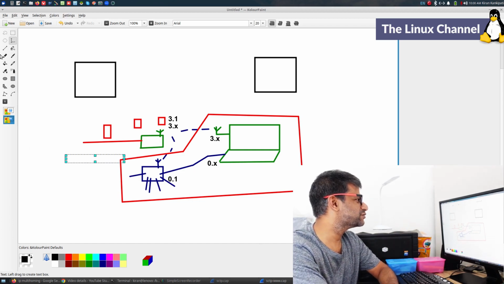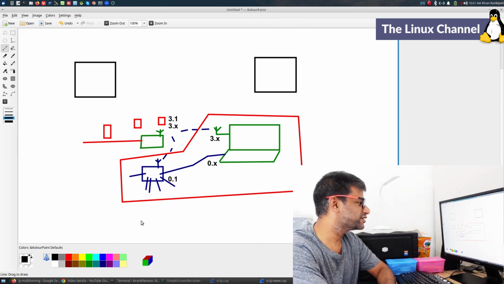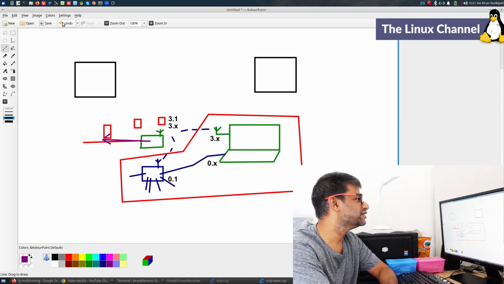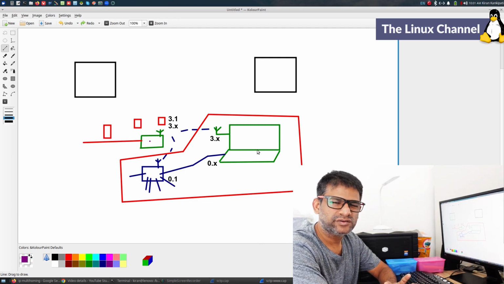But in my case, all the packets, any internet-going packets, will come over here, and from there it will take only this path. Okay, so that's what happens. But my laptop thinks it is a multi-homed network.